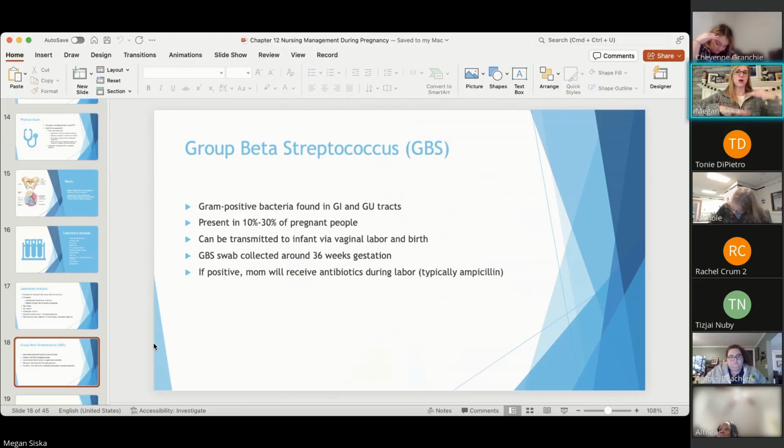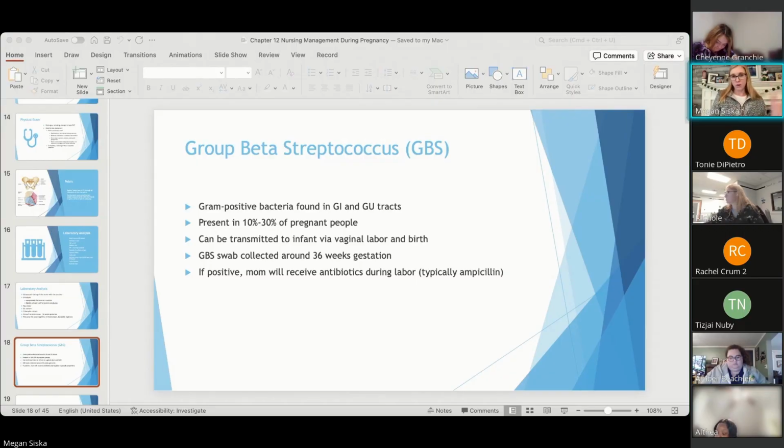It doesn't cause us harm. So about 10 to 30% of pregnant women have this bacteria present in their perineal area. And what we do is we want to check for this on all pregnant women around the time that they're going to deliver, so around 36 weeks, so we have the result back before they deliver,